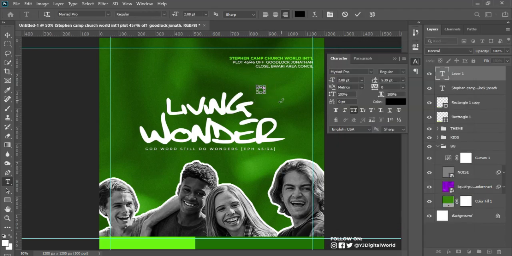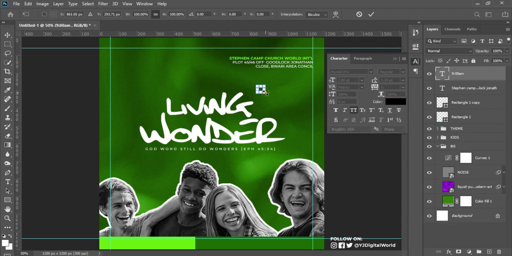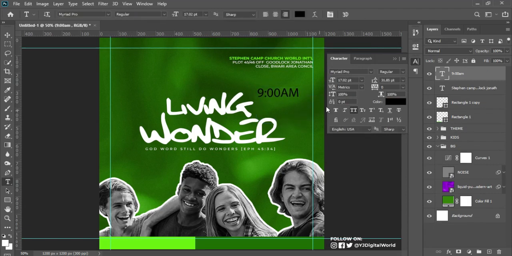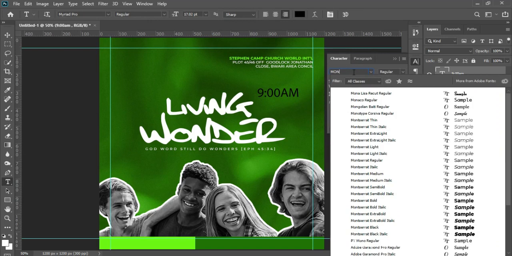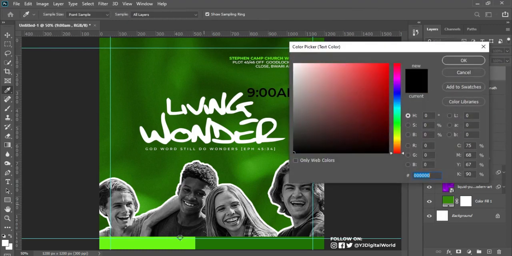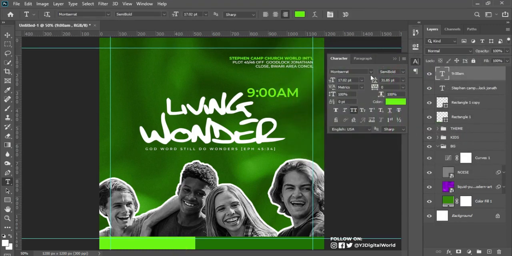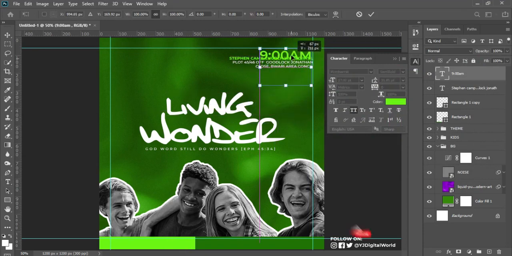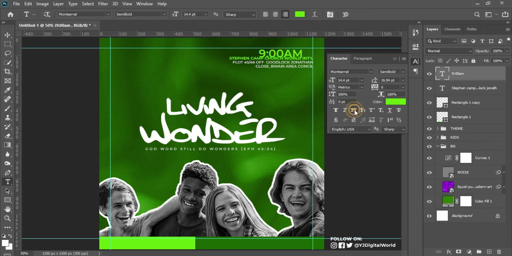Okay, so next thing, come over here as well and copy in the time of the event. Okay, I'll paste it in here, hit Ctrl T, scale it up. Okay, change it to Montserrat. Okay, precisely I'll change this to semi bold. Change the color to this as well. Okay, so let me place this along this part. Okay, so I'll disable this all caps. I'll disable it, pick my move tool,